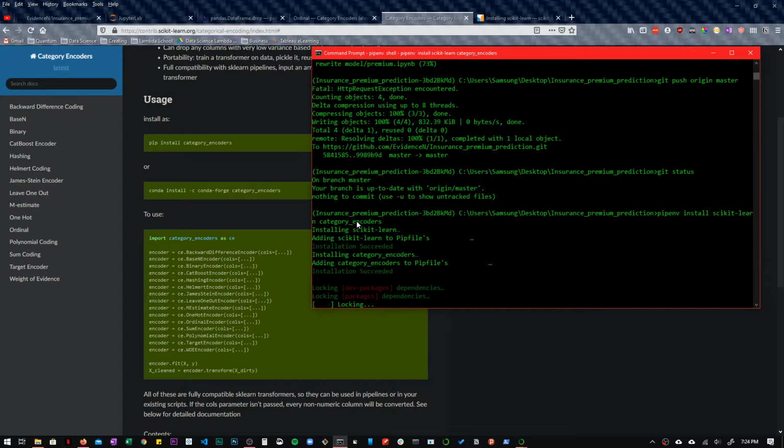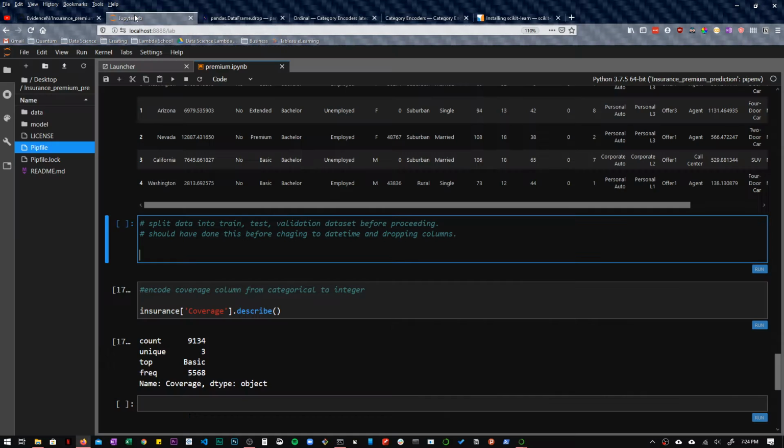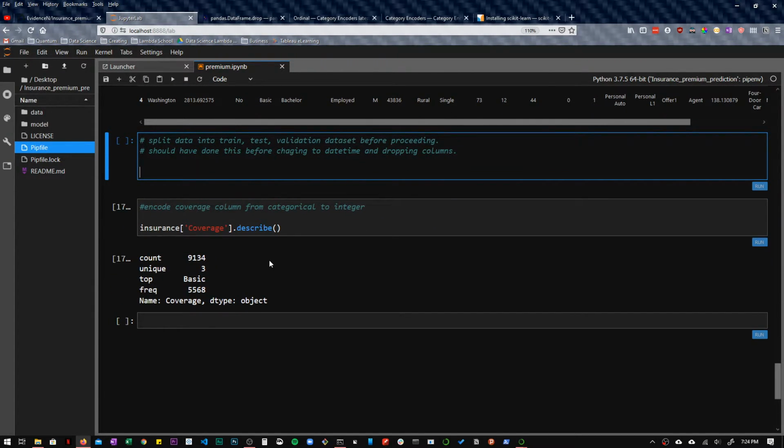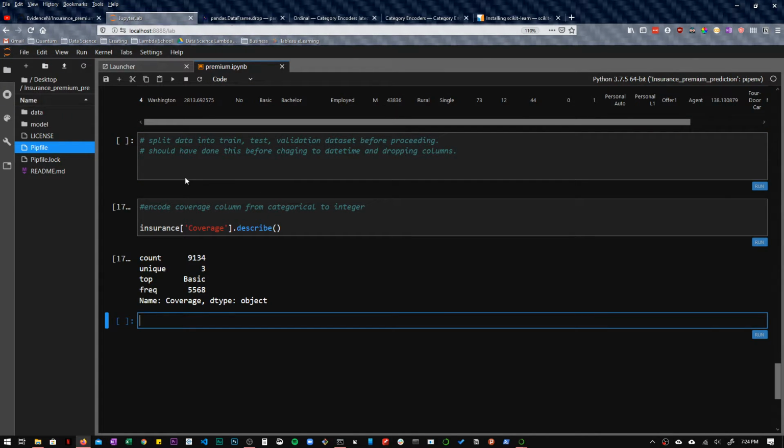Wow, and it is still locking. Let's find something else to do. So when this is finished, we are going to import scikit-learn to do train test split, and we are going to import category encoders to encode this. And we can go ahead and build the dictionary that we're going to use. So let's call it coverage dictionary is equal to